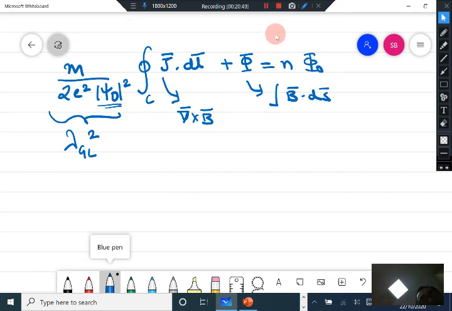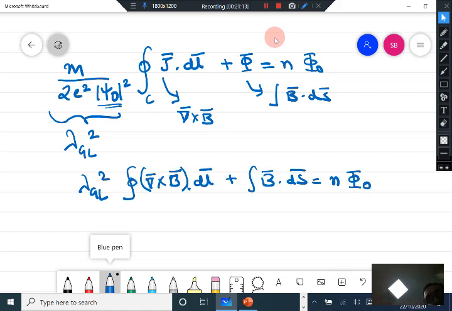This is of course ns, also the equilibrium value of the Ginzburg-Landau order parameter. So this is lambda GL the whole square integral of curl of B dot dl, plus integral of B dot dl times phi naught. Now this of course can also be an integral of curl of ds. So therefore